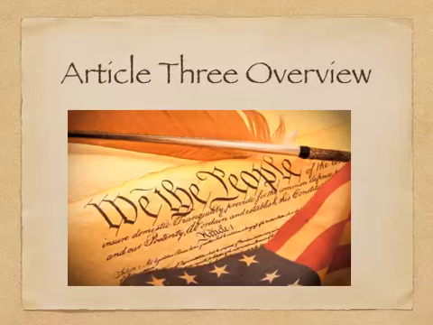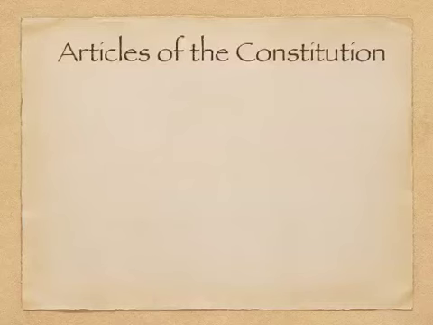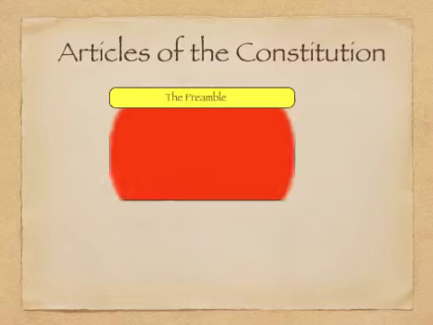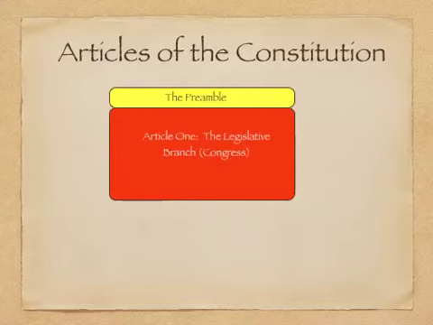Okay, so let's take a look now at Article 3 of the Constitution. To review the basic structure of the first part of the Constitution, remember we talked about the preamble, which is just the first paragraph of the document that lays out the goals of the Constitution. The preamble is followed by Article or Section 1 of the Constitution, which deals with the legislative branch, otherwise known